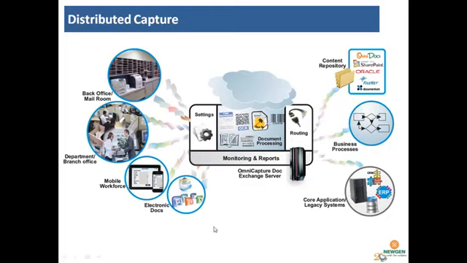So this is the distributed capture scenario where you can capture documents from multiple sources and process those documents. In a distributed environment, you can extract certain data using technology such as OCR and ICR, so that pre-printed data can be extracted automatically from the application form or from the documents.